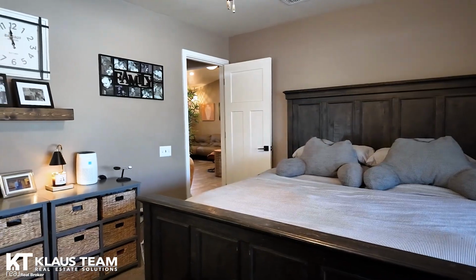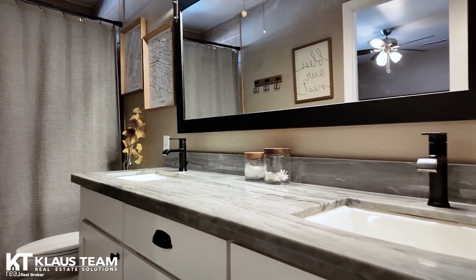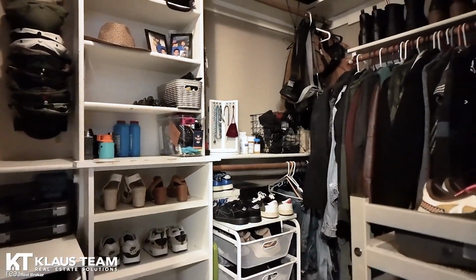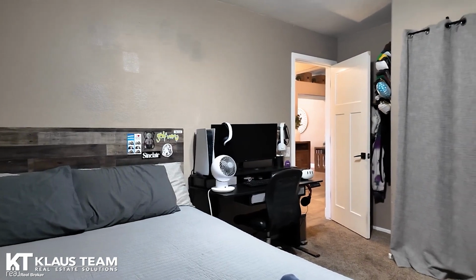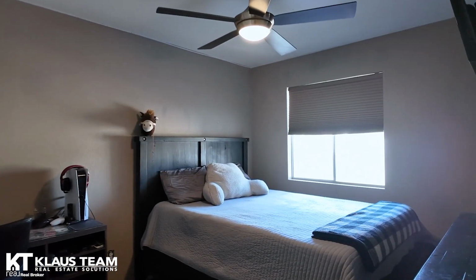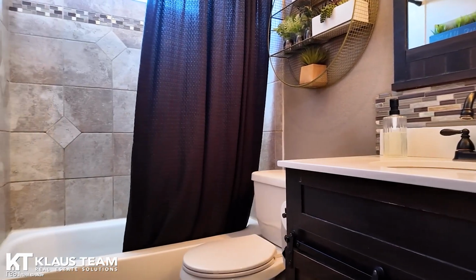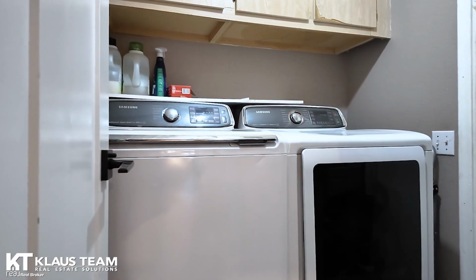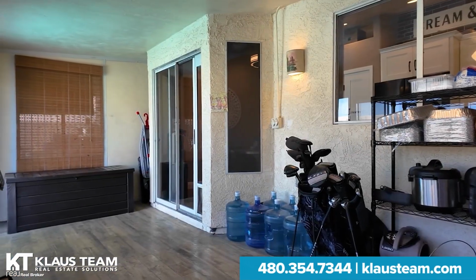The owner's suite is both spacious and inviting, with a remodeled bathroom featuring a new vanity with quartz counters, stylish fixtures, and a beautifully tiled shower surround. Guests will enjoy the updated hall bath with matching finishes, while the added Arizona room offers flexible space for hobbies,